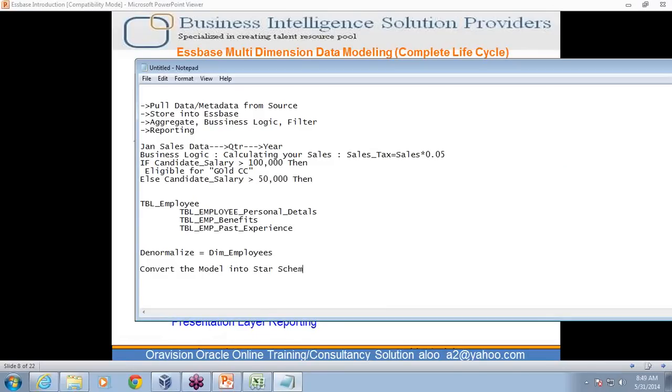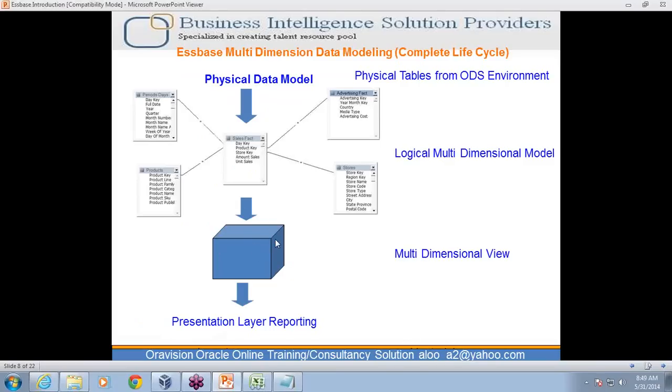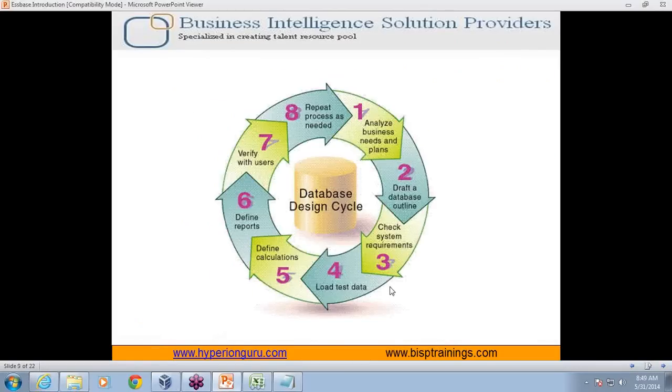Now what is star schema and all? If you're new, if you find these terms alien to you, I would once again recommend you to go to the fundamentals of data warehousing and data modeling. That's a recommended solution. So when I start to implement the solution, I ensure that I retune my model according to my Essbase Hyperion need. This is a detailed model structure for my Essbase implementation. We talked in two pieces from the Essbase point of view, we talked about it from the requirement point of view. This is the aggregated view of both of them.